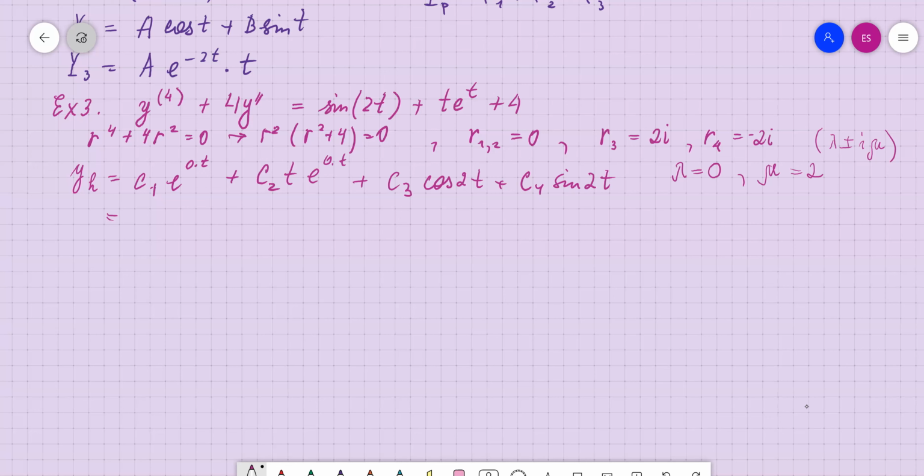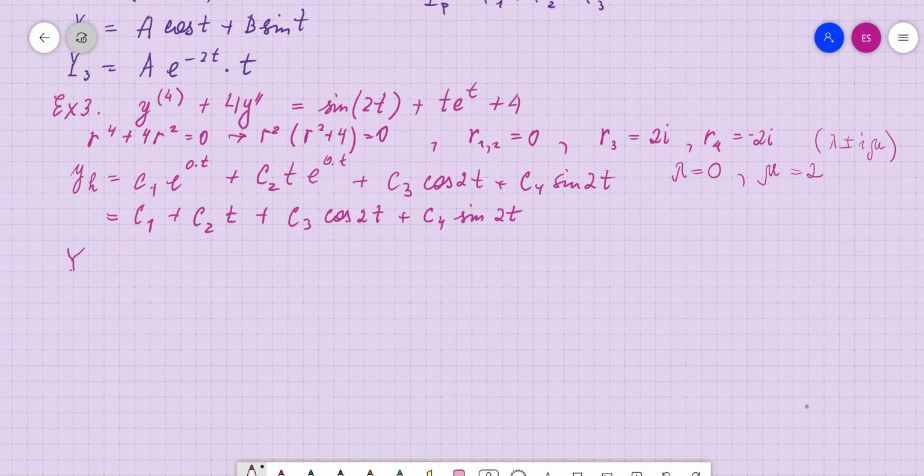I'm going to simplify it a little bit. This way we are going to see better what to do with the particular solution. So 0 multiplied by t is 0. E to the power of 0 is 1, and I just have a constant C1. Here it is going to be like 1, t, so we are going to have C2 t, non-exponential solution. You probably were wondering why a non-exponential solution happens when we have 0 as one of the roots, or two roots. Well, these two are going to just stay as they are. Okay, now I'm ready to start picking up my